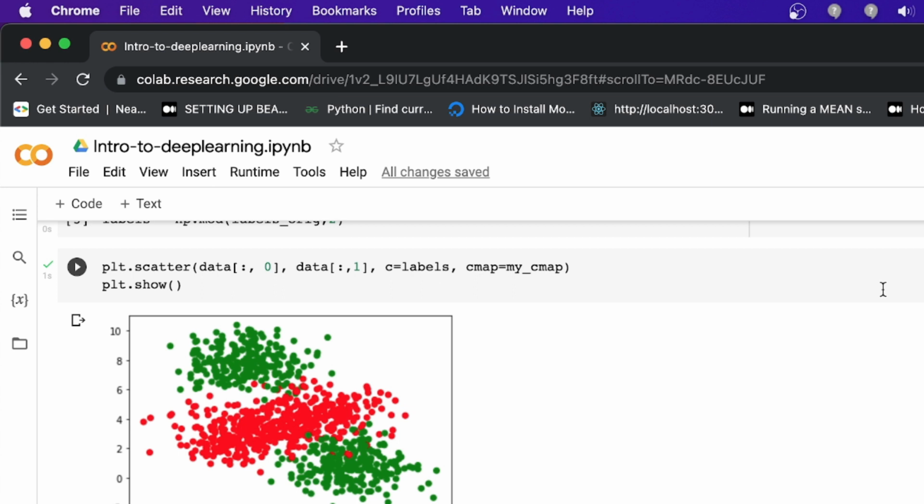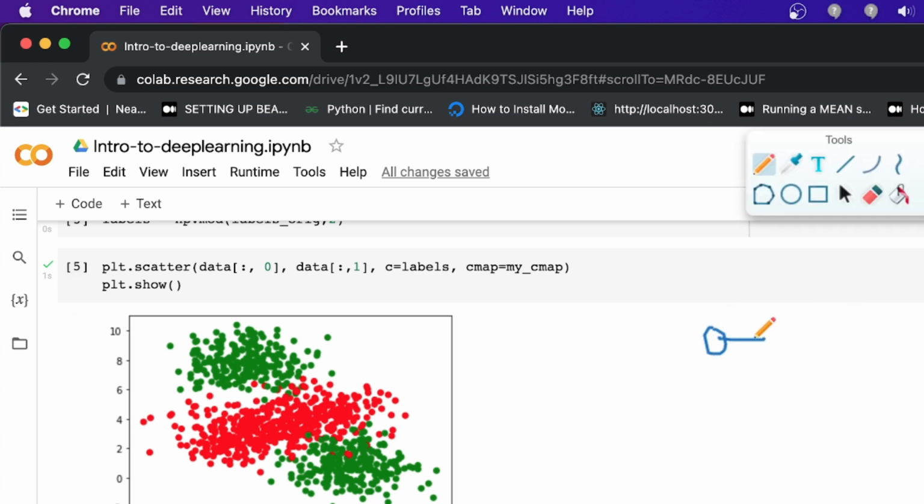The first approach is using this single layer, and in the second approach I will increase the layers of the network, and we will see how we get a better answer.